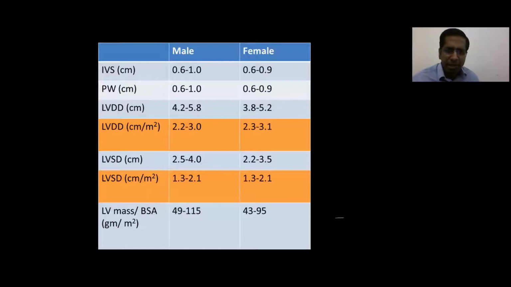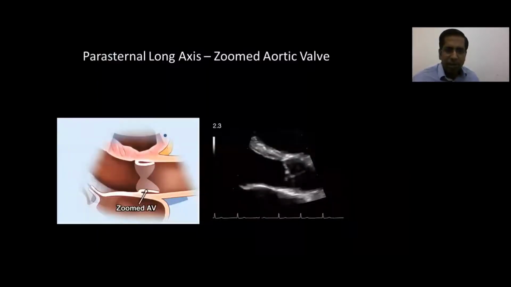This is extremely important. So there is a gender difference also, and you can see the dimensions that have been given here. Mass is also calculated most often from the M-mode measurements, or even from the 2D parasternal long axis view measurements. And the upper limits are given in this particular chart. Now, quickly going on to the